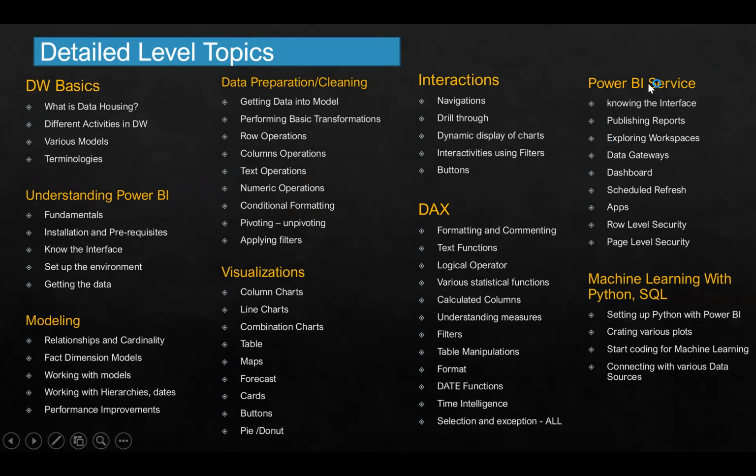DAXs are nothing but functions. Not every DAX will be taken, but all the important DAX which you will use and with which you will be able to complete any other task, and use any other functions. All of those will be taken care of. We have more than 250 DAXs. These are similar to the functions in Microsoft Excel.